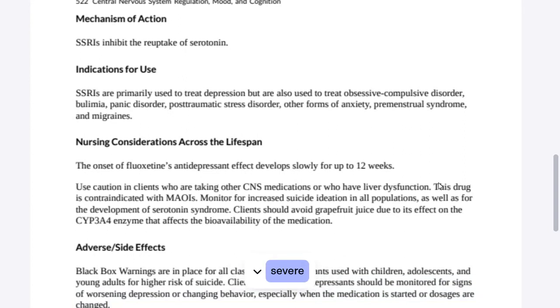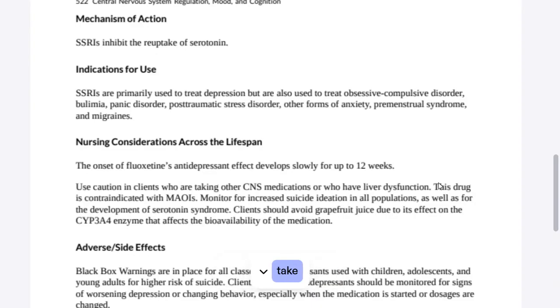Serotonin syndrome, in its most severe form, can resemble neuroleptic malignant syndrome, which includes hyperthermia, muscle rigidity, autonomic instability with possible rapid fluctuation of vital signs, and mental status changes. Clients should be monitored for the emergence of serotonin syndrome or NMS-like signs and symptoms. Other side effects include rash, mania, seizures, decreased appetite and weight, increased bleeding associated with the concomitant use of fluoxetine and NSAIDs, aspirin, warfarin, or other drugs that affect coagulation, hyponatremia, anxiety, and insomnia. Abrupt discontinuation may cause several adverse effects, so a gradual reduction in the dose rather than abrupt cessation is recommended whenever possible.